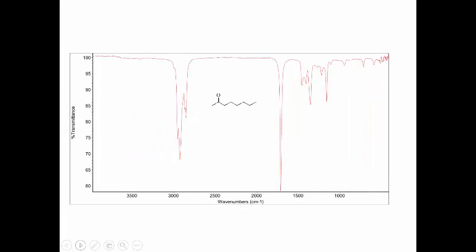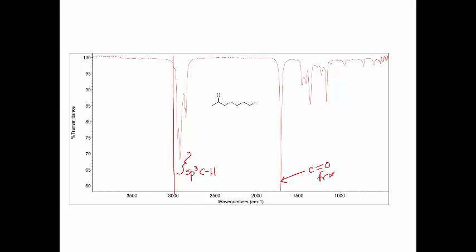This is a classic appearance of a ketone. We're going to do our line up from 3000 like we have been doing here. And as you can see, we have sp3 carbon hydrogen only. We don't have any sp2 carbon hydrogen. And the most intense peak in the spectrum, and this is very common for a carbonyl, is this carbon-oxygen double bond